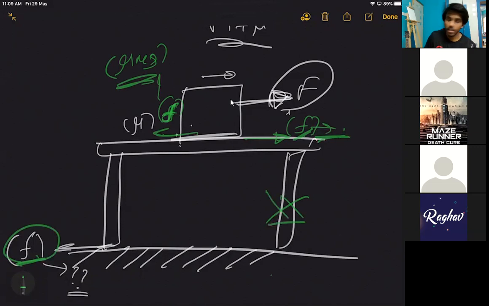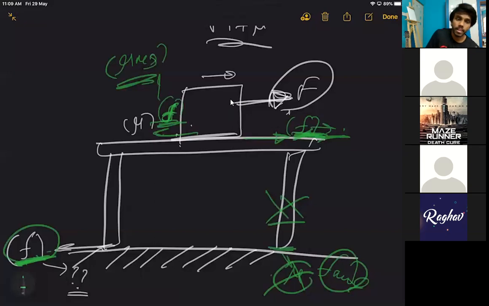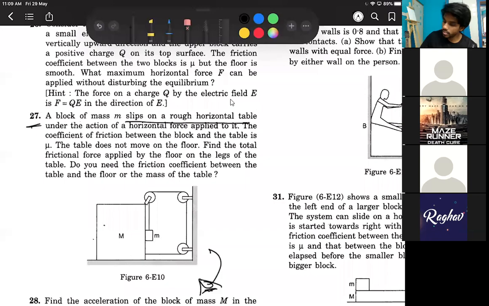You don't have to find the limiting friction for this value. You don't need the mu value here, and you don't need to find F max here. Nobody is asking about F max. Because it is not sliding, the friction here is nothing but the force here. So I simply have to find this force. I found it. Got that? Yes, sir. Right, so that is that question.